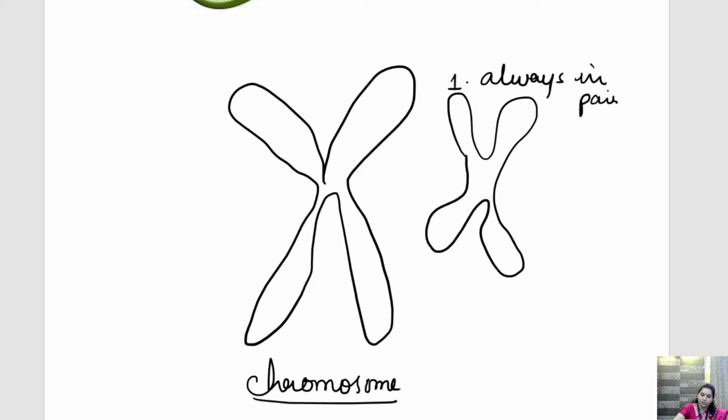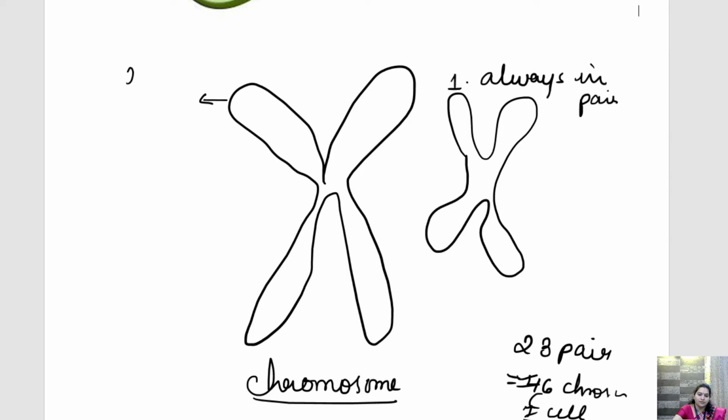टोटल कितने क्रोमोसोम होते हैं? 23 पेयर क्रोमोसोम. 23 पेयर मतलब हो गया कितने? 46 क्रोमोसोम्स होते हैं एक सेल में. In one cell there are 46 chromosomes. एक क्रोमोसोम किससे आता है? फादर से आता है. दूसरा क्रोमोसोम किससे आता है? मदर से आता है. ठीक है, now these chromosomes are having a small bead like structure, thread like structure all